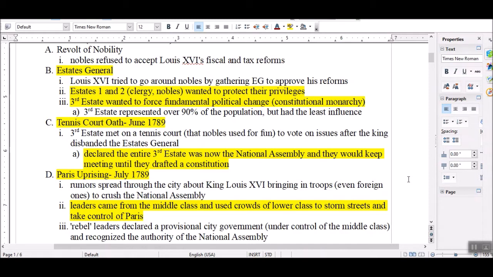So the Estates General is kind of similar to Parliament in a way. Not really like Congress, because it's not so much elected the way that we think of elections. People are selected to represent others in the Estates General. But the big difference between the Estates General and Parliament, in Parliament, they had elections for some, not for everyone, but some had elections.